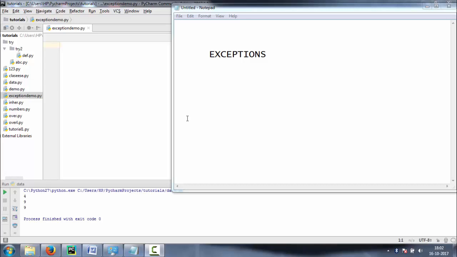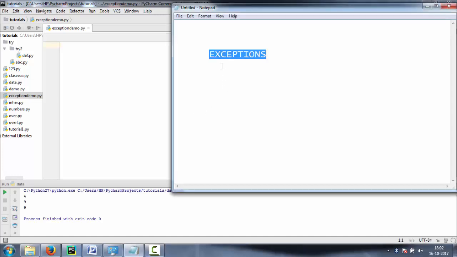So, let's start with what an exception is. An exception is an abnormal condition in a program resulting in the disruption of the flow of the program. Basically, whenever an exception occurs, it halts the execution of our code.